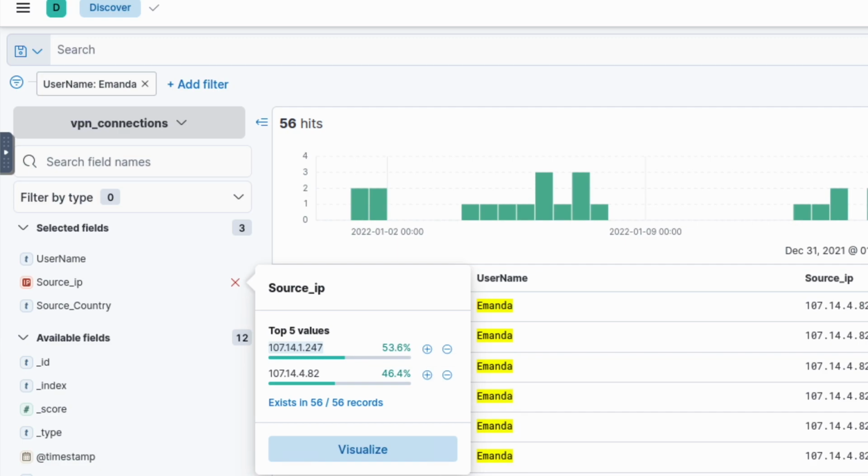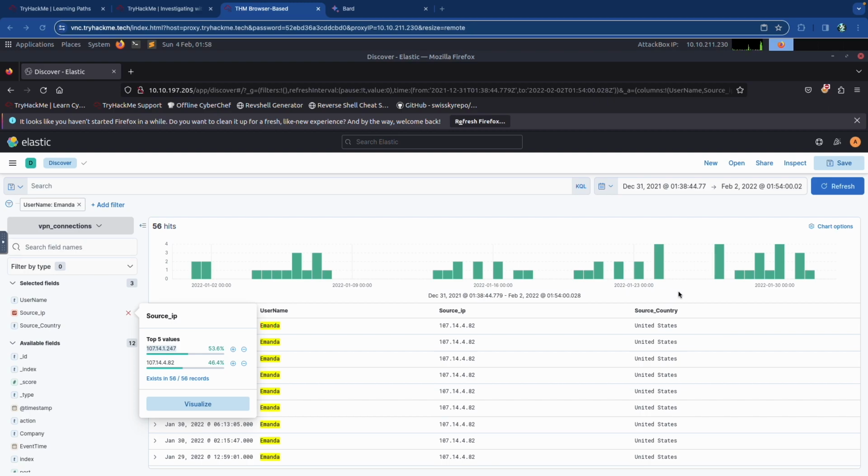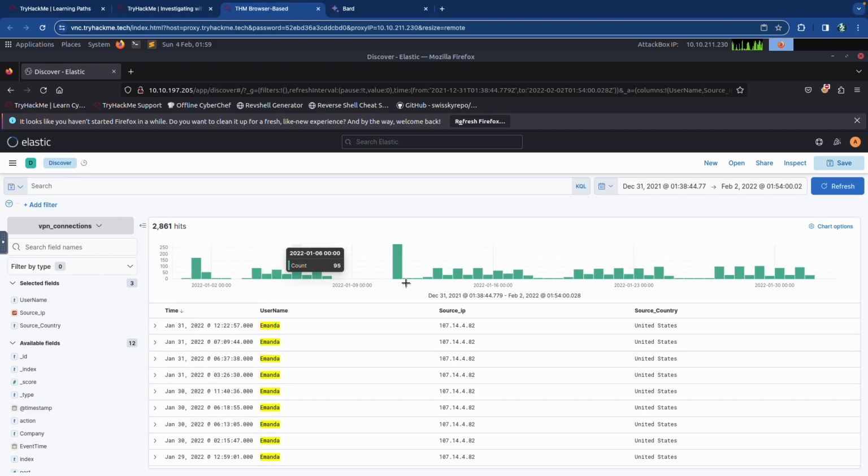So on January 11th, which IP caused the spike observed in the time chart? So if we look back over here and we look at the time right here, this is January 24th, January 23rd, 22nd, and we can come here. This is January 16th. So where is it? January 7th, January 14th. So I think I need to remove this filter because that is now messing with our data. So there it is. That's the January 11th data.